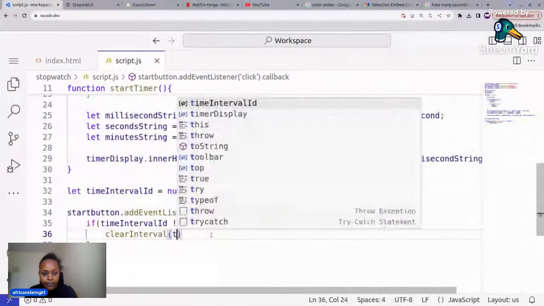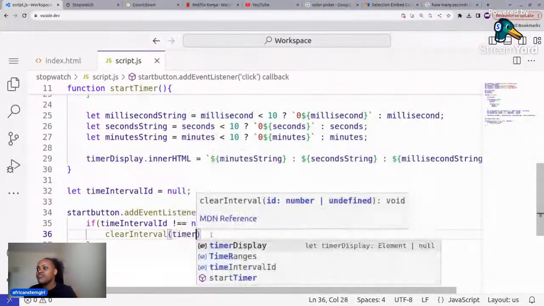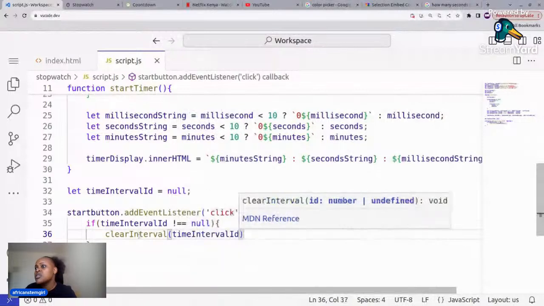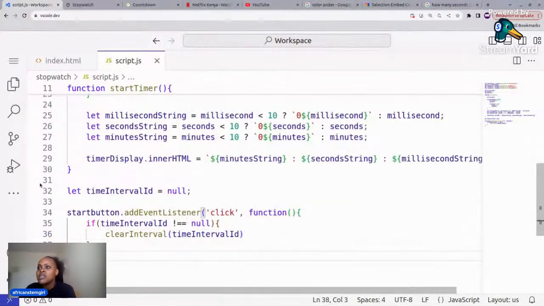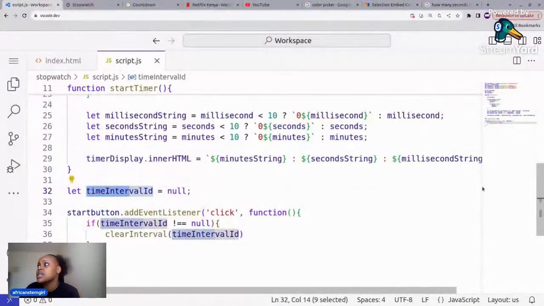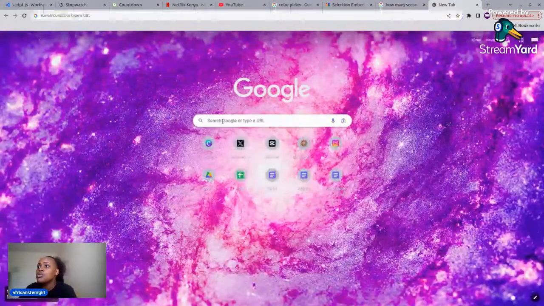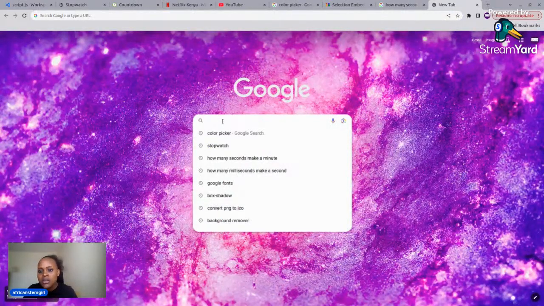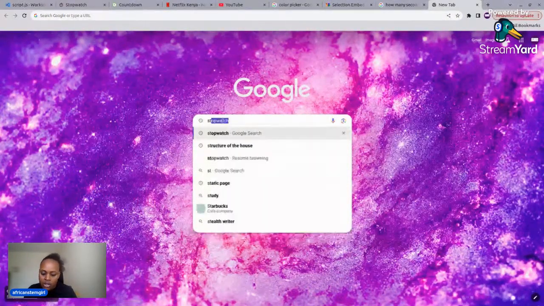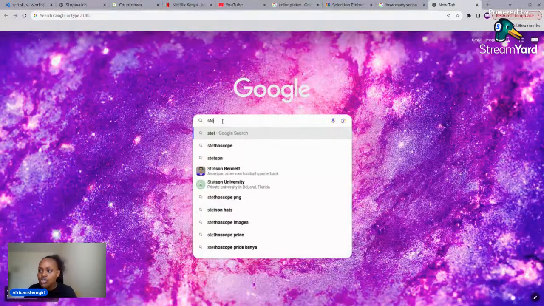timeIntervalID. Let me explain what this clearInterval does. This timeIntervalID is a variable I have created here. In JavaScript, there are two methods, one known as setInterval and the other clearInterval. The setInterval is used to track